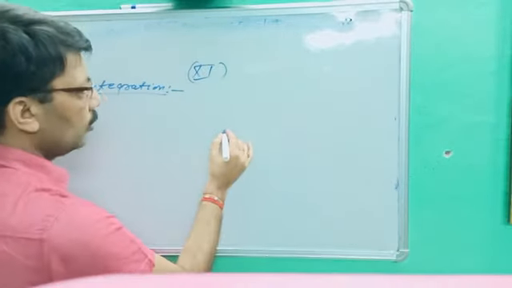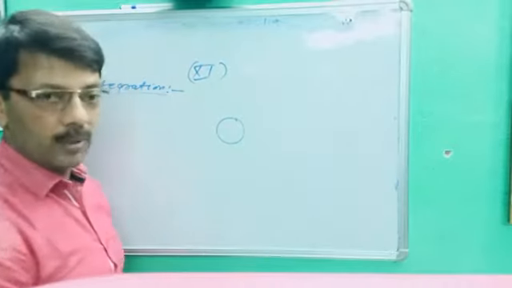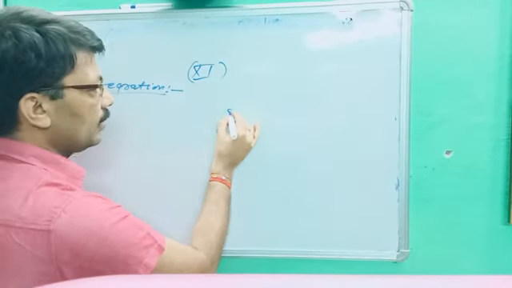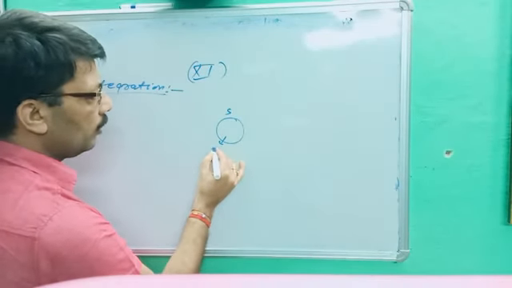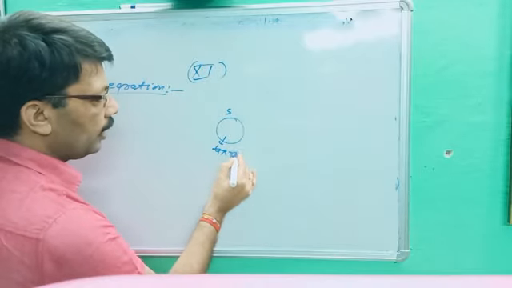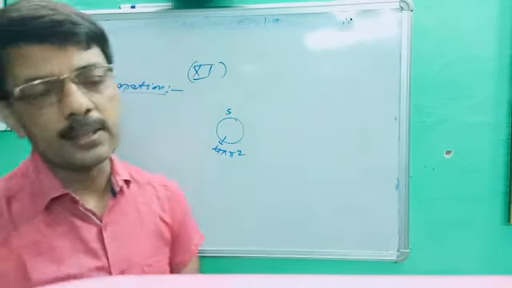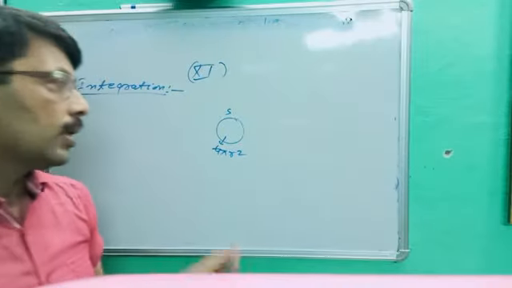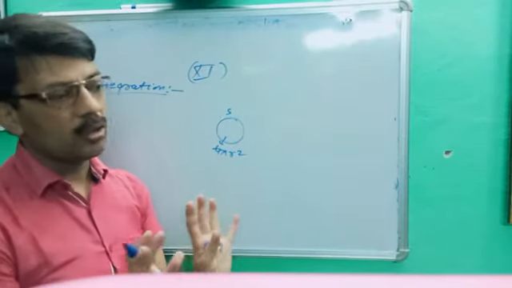Let's say I ask you to find the area of that one. Let us suppose this surface is S. So what is the area for this one? We can directly get 4 pi r square. If the radius is r, its area will be 4 pi r square. Okay, that is a very easy point. That is taught at class 10th level.